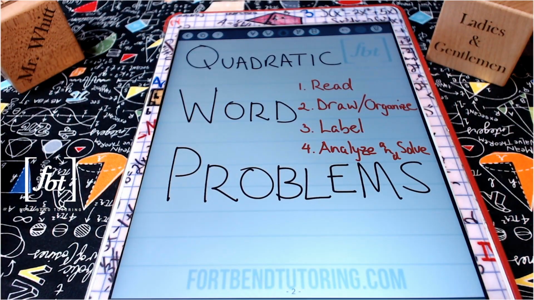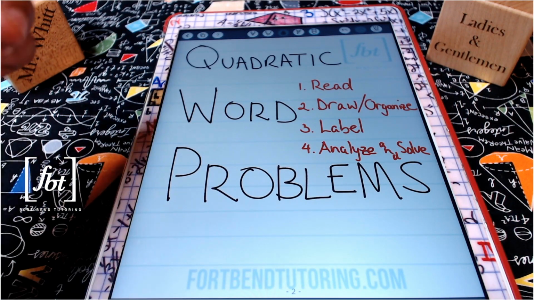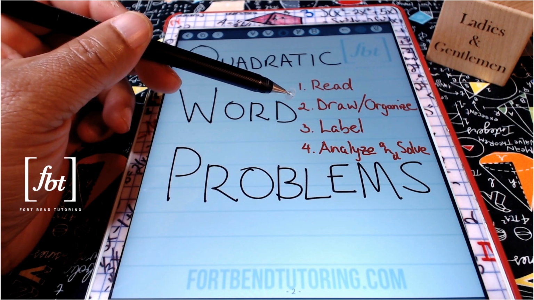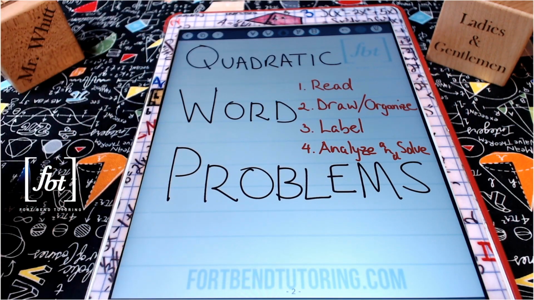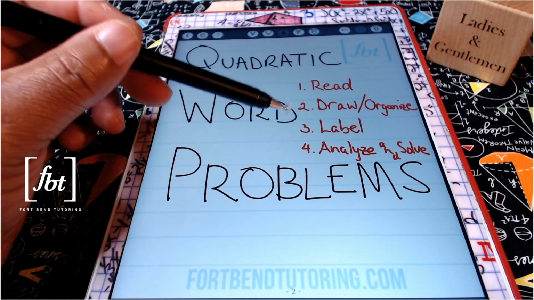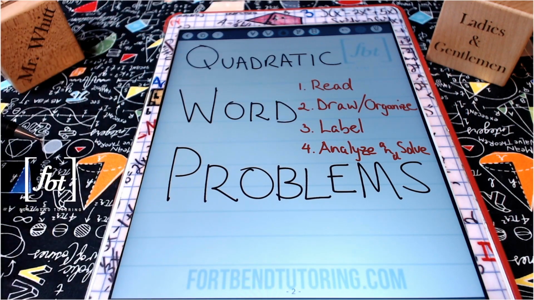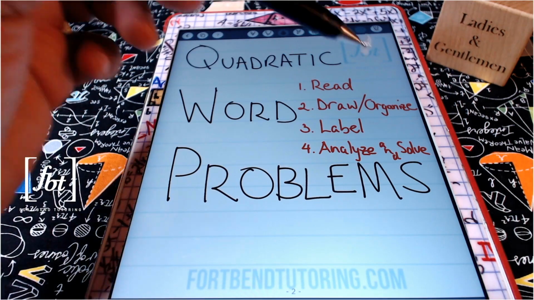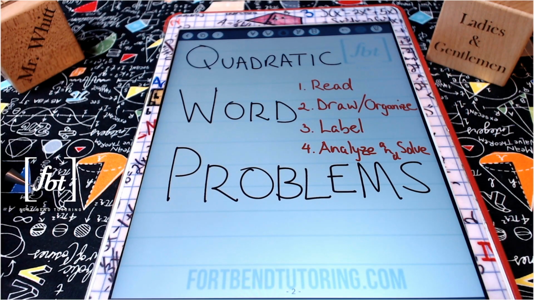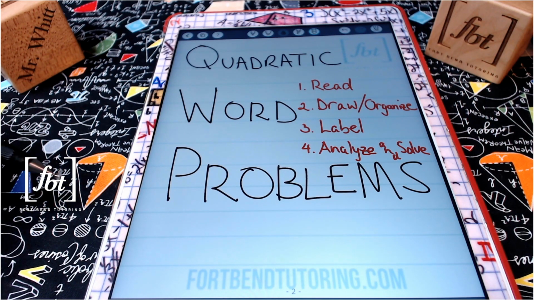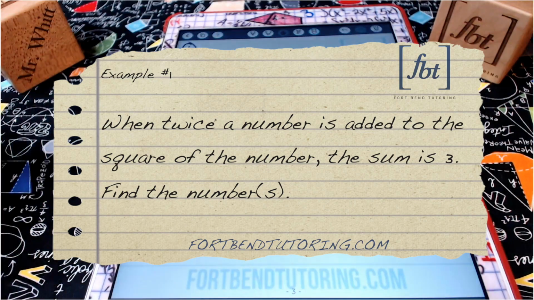As we are covering quadratic word problems, we're going to read the word problems. Depending on the problem, we may need to draw a figure. We will definitely organize our data. We'll then label our setup, whether it be a table or a diagram, and we will definitely be analyzing the given information and solving the word problem. So therefore, we got 1, 2, 3, 4. You might as well say 5 things that we will be doing as we attack quadratic word problems, guys. So without further ado, we have 8 problems to show you in this lesson, and let's begin with problem number